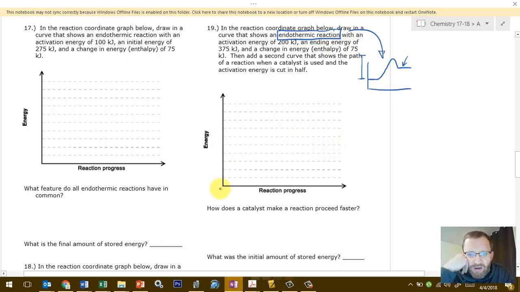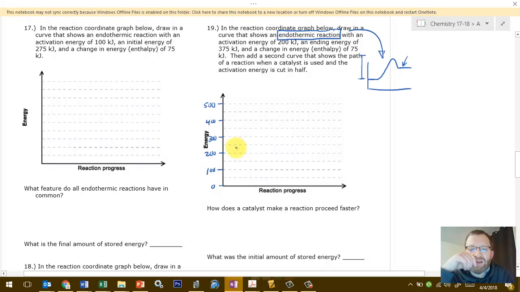So I'm going to scale my graph. I need to put some numbers on here. We're working with numbers for the first time. I'm going to scale it as such. Basically make every little dashed line worth 50. You don't need to number all of those, but we want to probably number like every 100. And then we'll have room enough for all the data on this graph. You can scale 17, 18, and 19 in this way. It should fit. Question 20, you can scale actually quite a bit closer up, zoomed in, and it'll actually fit